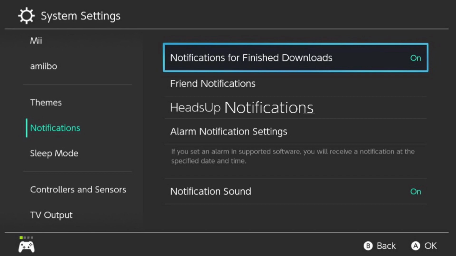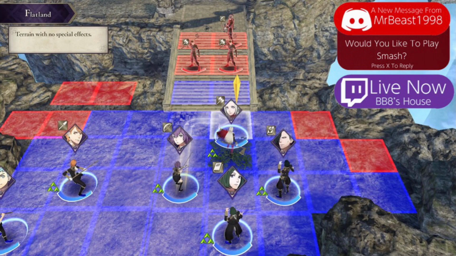So, for example, here, if you're playing Fire Emblem Three Houses, the system will let you know if you have any Discord messages, or when your favorite streamer is live, a notification will immediately be sent. So, for example, if you get a Discord message from a friend on Discord or something,